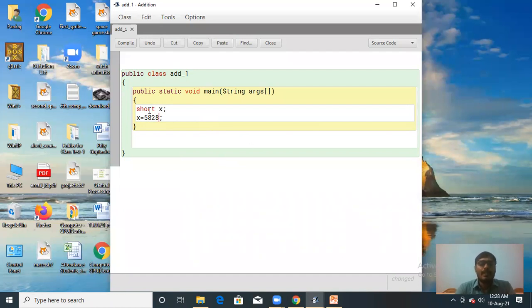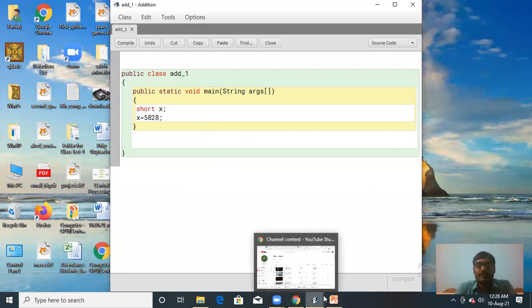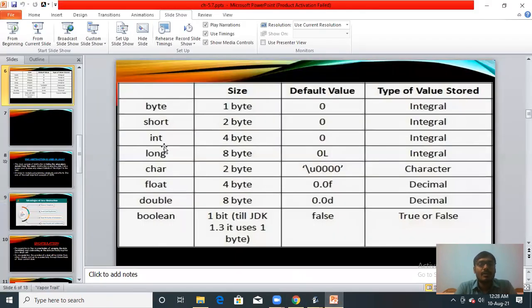Now the next data type is your int data type. It is used to store integral values, which means you can store integers, and it takes 4 bytes of memory. So obviously its range is bigger than the short data type.